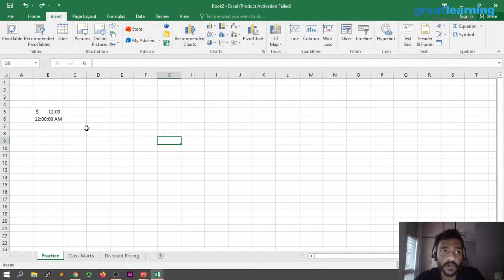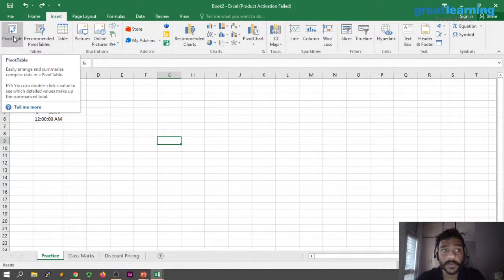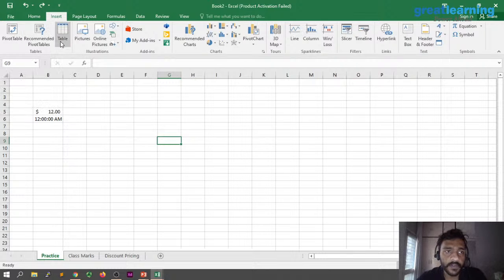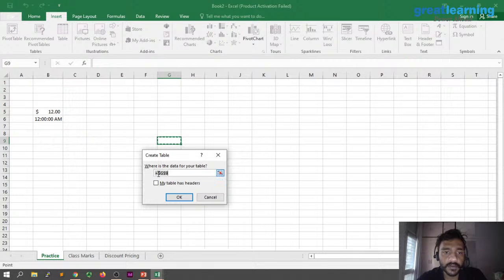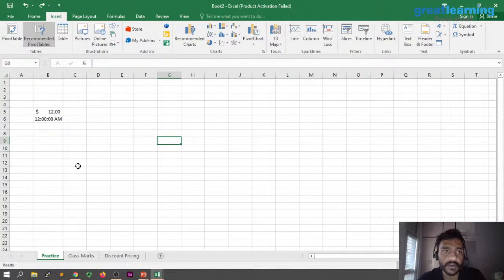In the insert ribbon, you have a lot of multiple options. Now pivot tables is something that you guys will be using a lot. And as the definition reads over here, easily arrange and summarize complex data in pivot table. So it's a little bit more advanced stuff, but it will help you when you get to that kind of level. Okay. All right, then recommended pivot tables, and then you can create tables over here, choose where is your data for the table and all that. And you can create a table. You can insert pictures over here, insert online pictures, then go to store and then charts. You have recommended charts and a lot of different columns, line charts, and a lot of extra options,